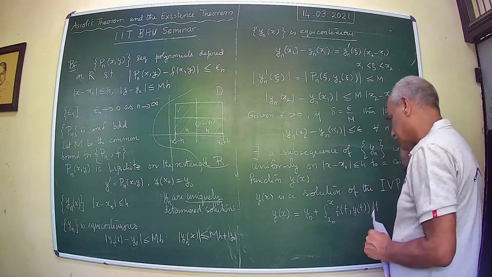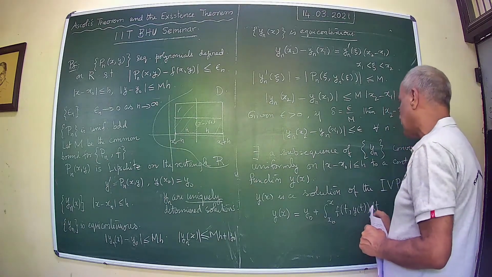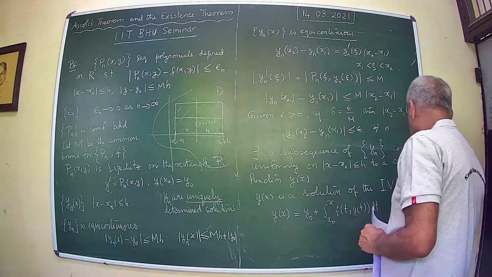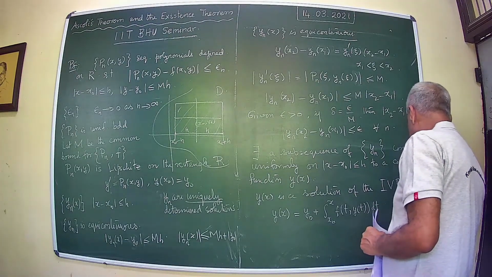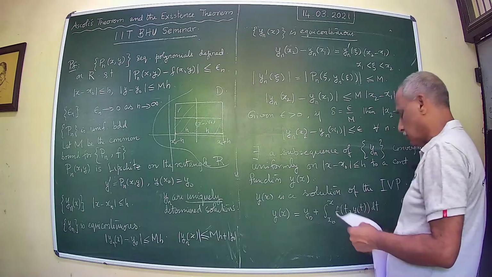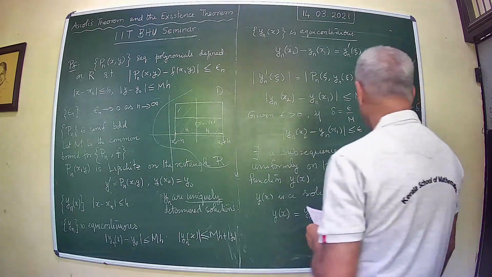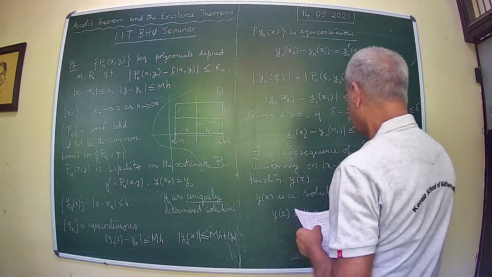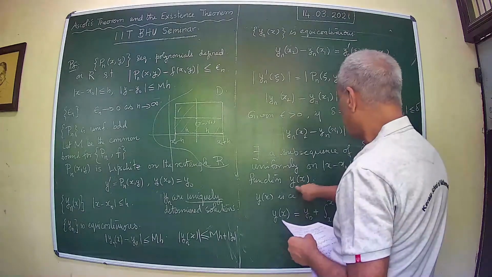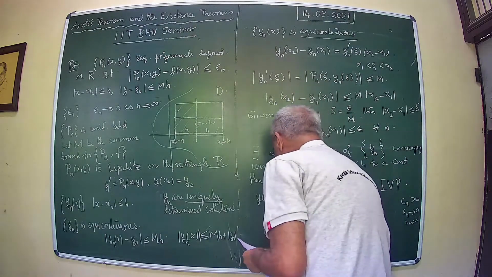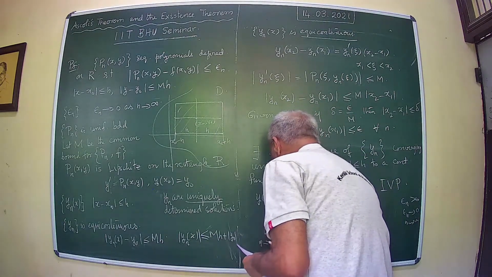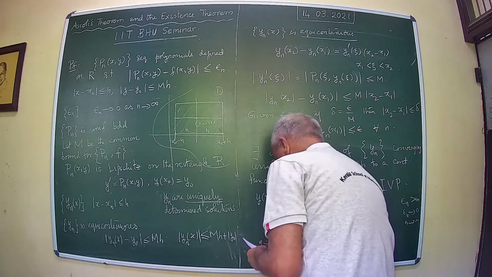You see that corresponding to each epsilon n, epsilon n goes to 0 as n tends to infinity. What you do is you choose these functions yn, subsequently convert this to y. Therefore, what you observe is that the limit as n tends to infinity of the integral